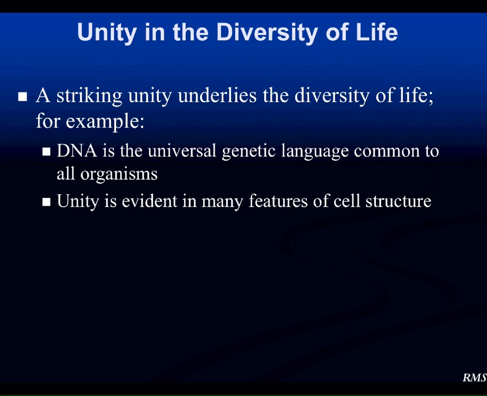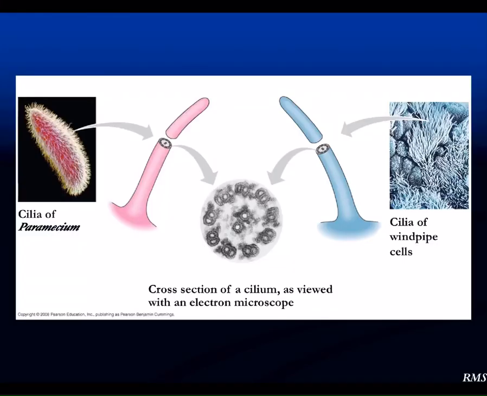When you look at different cellular structures, that's a common hold throughout the evolutionary process. As an example, this is a type of cellular extension called cilia. Cilia are these hair-like things that stick out of the surface of some cells, and they're typically used for sweeping or moving or allowing the cell to swim. So here's a paramecium, and you see the cilia all over the outside of it, and that's how it swims